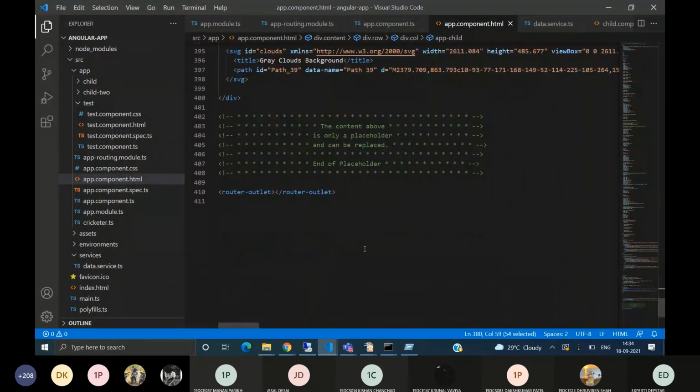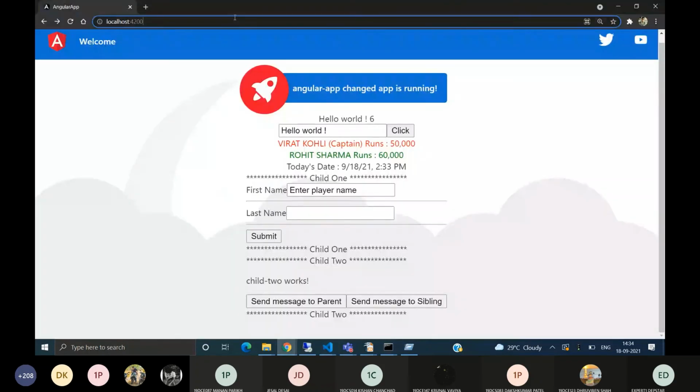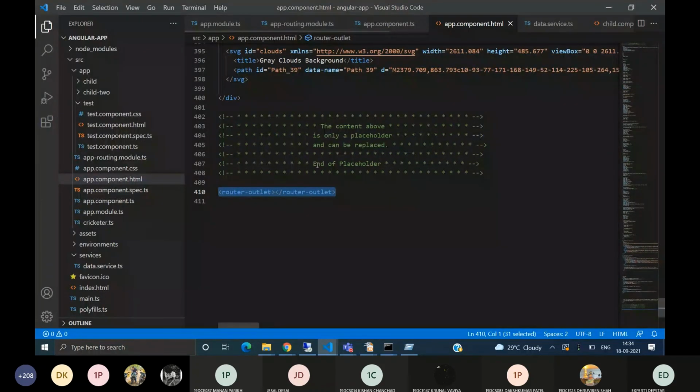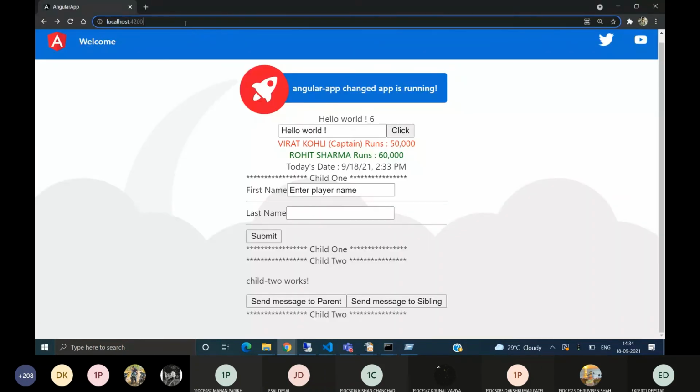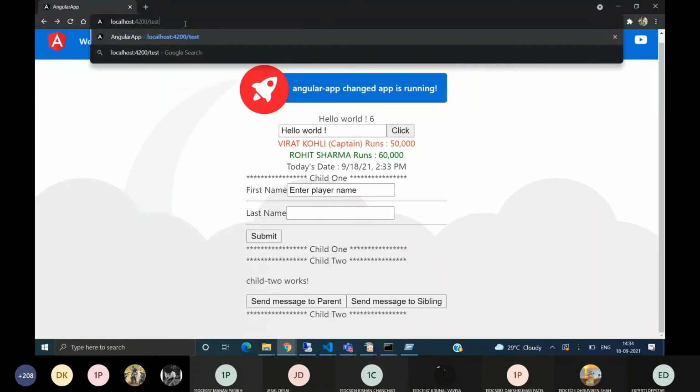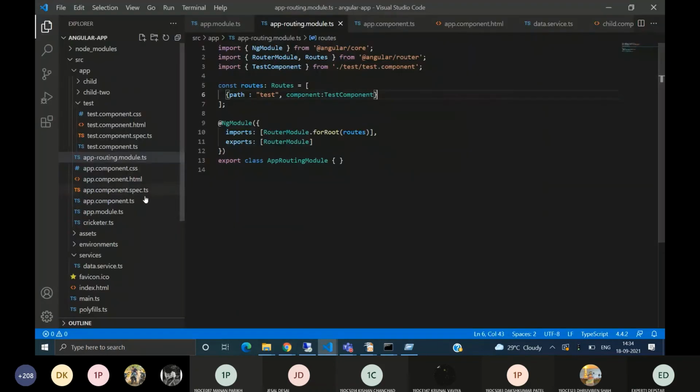But the router outlet gets the routing of our URL, our web page, and accordingly all the paths defined in the application routing files and routing modules will get called. Like when I write /test, this test is being called.